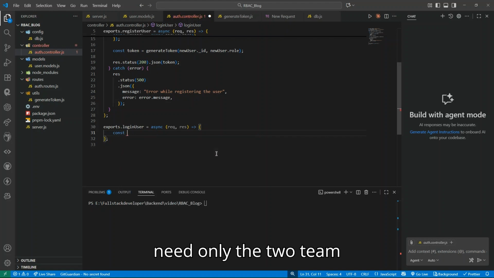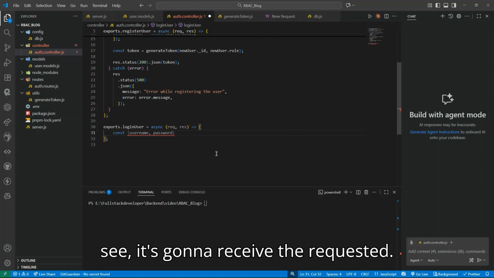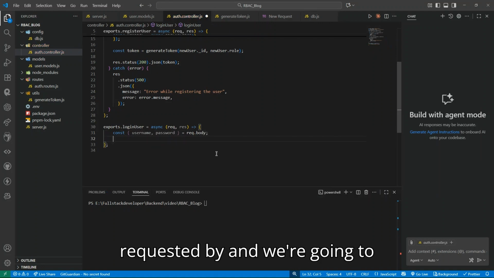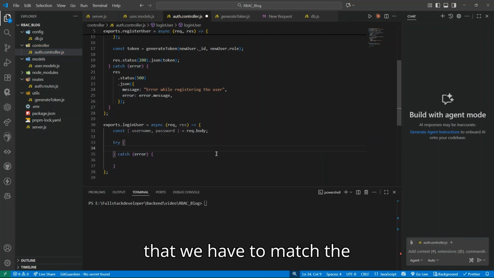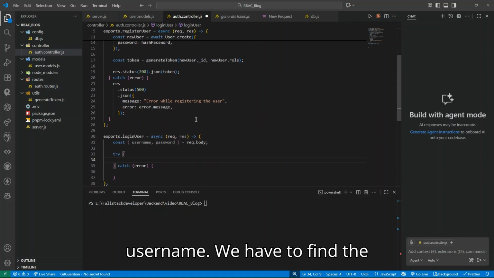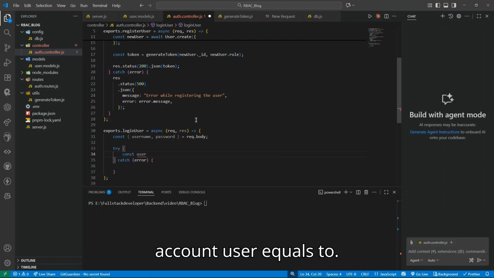For the login, we're going to need only two things from the user, the username and the password. It's going to be received in the request body. We'll create a try-catch block, and inside that we have to match the username. We have to find the user first, so let's go for const user equals to